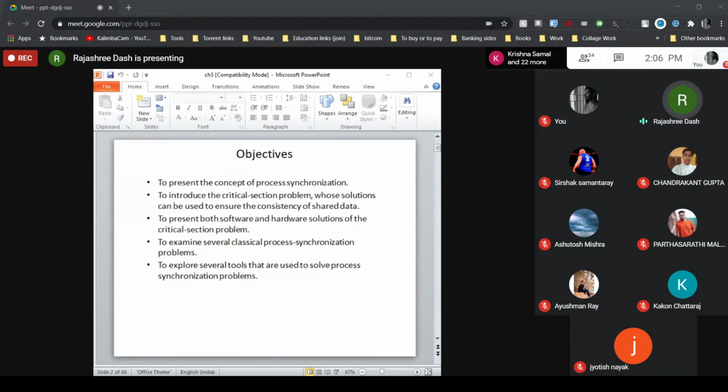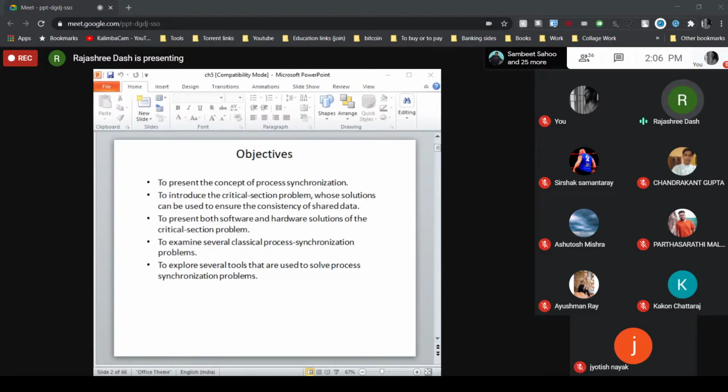Now what is the objective of this chapter? Mainly in this chapter we are going to discuss the basic concepts of process synchronization, introduce the concept of the critical section problem, and how to synchronize the critical section problem. Before applying the synchronization, we will discuss how we can restructure the problem as a critical section problem, and which solutions can be used to ensure the consistency of the shared data.